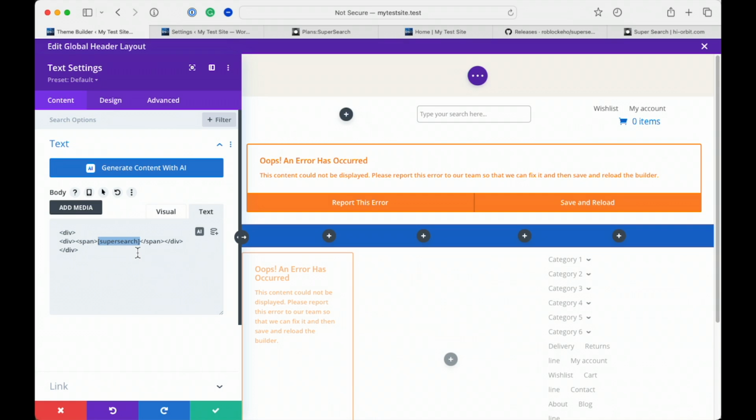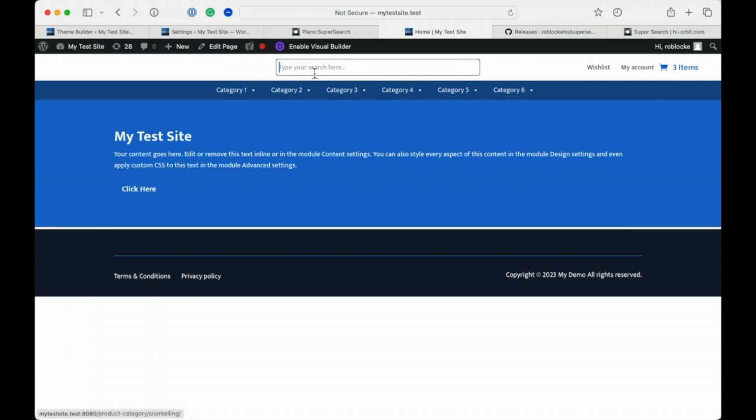It needs to be this shortcode, and it needs to go somewhere that you want the search to show. So for me, I've just put this in the header on my website, and I've got the shortcode here, and you can see it's already showing the search box. Now, once you've got this in and you save your template, your theme with the shortcode in place, if we head over to our website at the top of the screen like this,